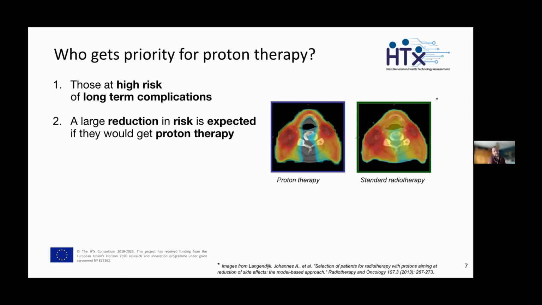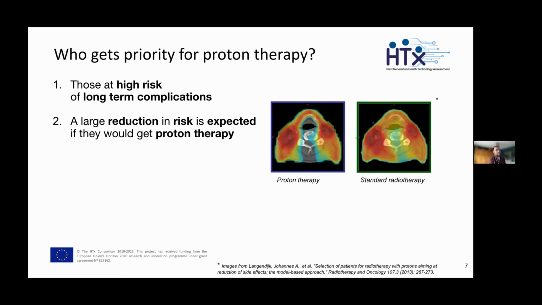The thing is that it's not simply a device, or at least that's from what I know, but you actually need a whole facility, so a building basically, to provide proton therapy. So that makes the initial installation of a proton therapy device quite expensive. I don't know the exact numbers, but I think it ranges between 70 and 150 million euros. So in that sense, it's more expensive than, say, a standard photon therapy